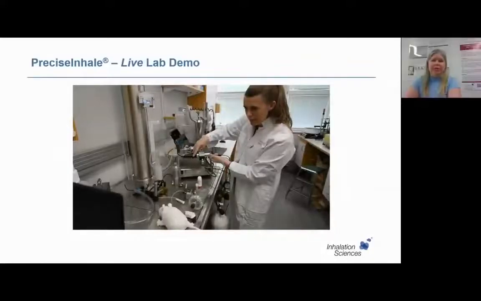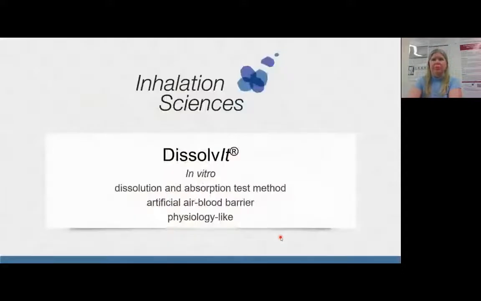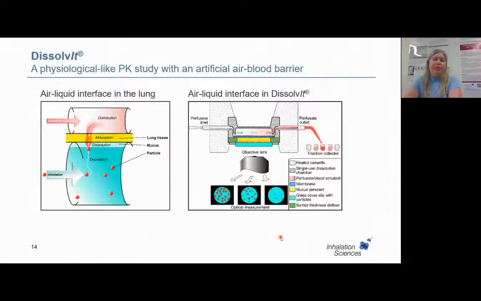Yeah, thank you, Beatrice. And now we will continue with showing some slides about Dissolvit. So the whole idea with Dissolvit is to try to simulate the physiology of the airways. And here is a figure of the airways where you inhale particles, the red dots. And what happens in the airways is that the particles deposit on the mucus layer, and the particles are dissolved and absorbed via the lung tissue to the bloodstream, where it is distributed via the systemic